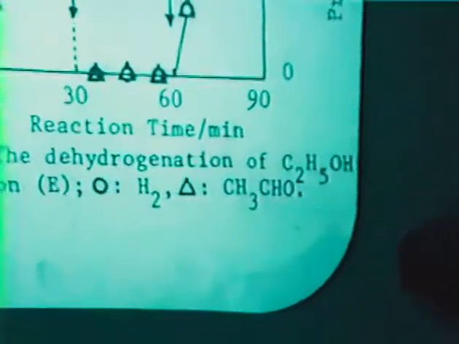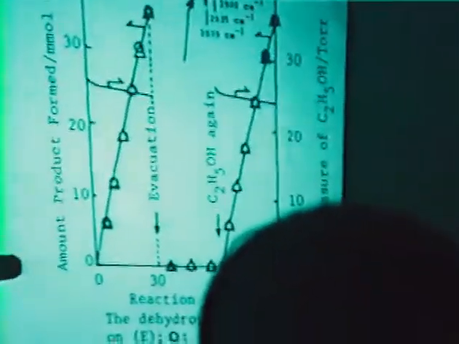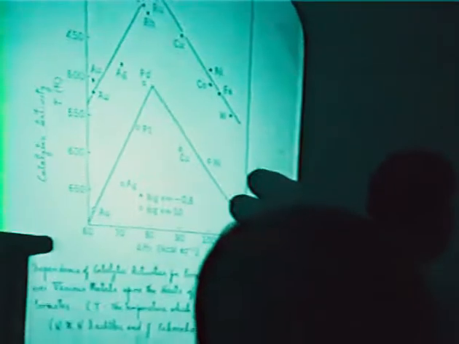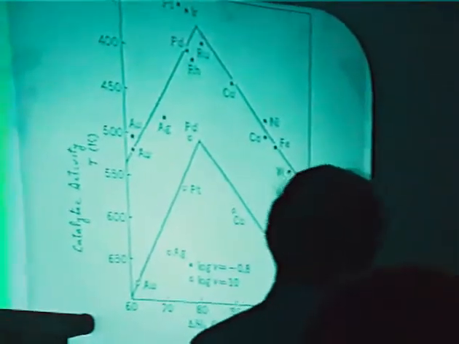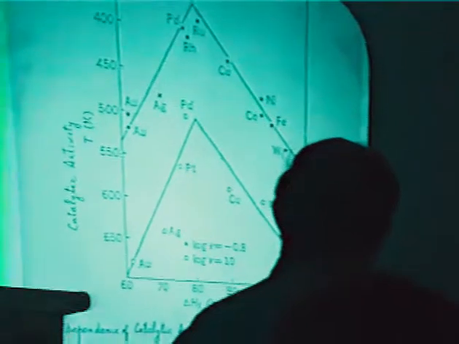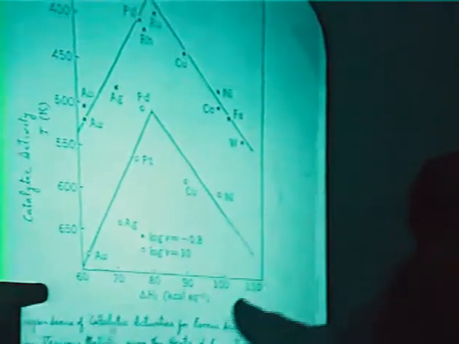But as soon as we introduce ethanol again, it decomposes like this. So the presence of ethanol in the ambient gas markedly accelerates it. It accelerates the overall reaction very rapidly. And another example is formic acid decomposition, which is very famous in textbooks, and the reaction activity is plotted against the rate of formation of formate on various metal surfaces.